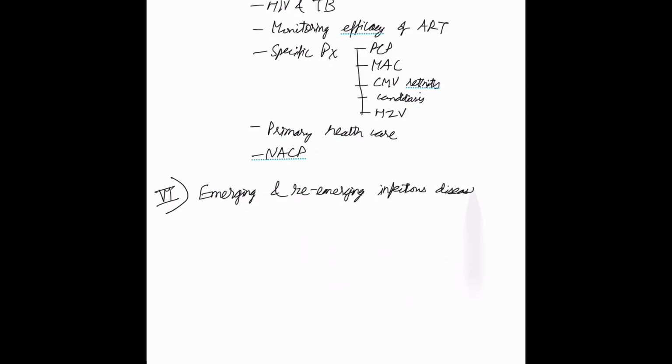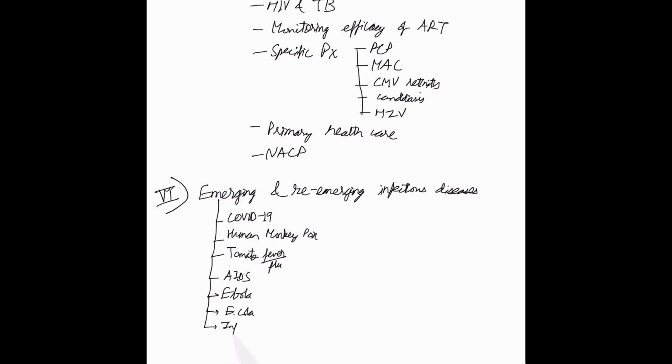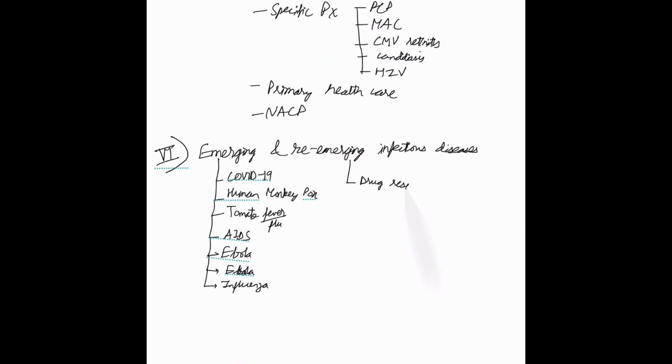So then we move on to emerging and re-emerging infectious diseases. Emerging diseases are COVID-19, human monkeypox, tomato fever or flu, AIDS, Ebola, and E. coli, influenza, and the role of drug resistance in causing the re-emergence of many infections like TB and malaria, which faces